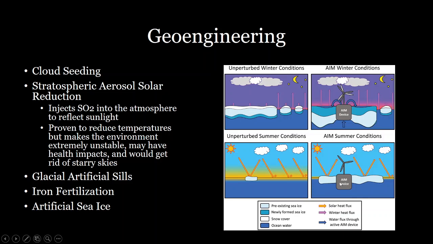And then the last one that we're going to be talking about is artificial sea ice. So this is definitely a promising form of geoengineering, and this is a way of increasing the amount of sea ice, particularly in the Arctic. So remember, sea ice has a very high albedo. It reflects a lot of light compared to ocean water, which absorbs a lot of light. And so if you can increase the amount of sea ice, then you're increasing the amount of high albedo surfaces, and therefore you're increasing the amount of sunlight that's reflected back to space instead of being absorbed by the Earth.